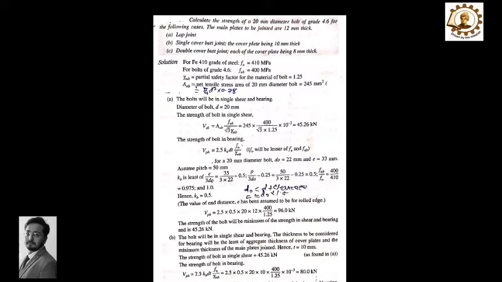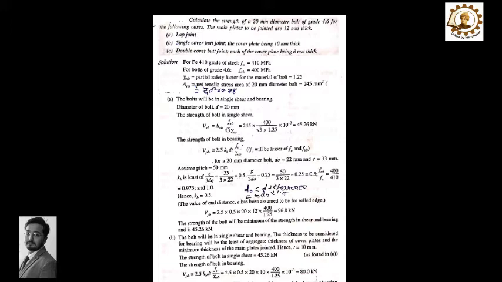Now the value of n we will consider is for a single pitch distance, so n will be 1. Now we have to solve the first part, for the lap joint. The bolts will be in single shear and bearing. As I discussed earlier, there is a single plane of shearing of the bolt, that's why single shear, and bearing